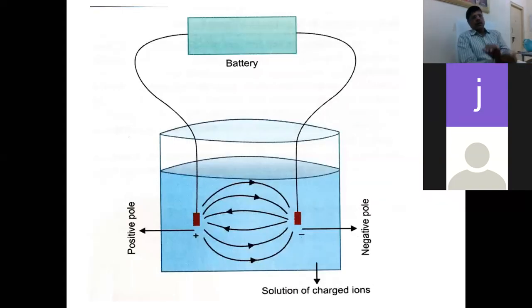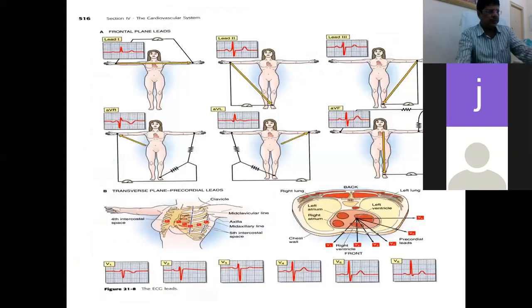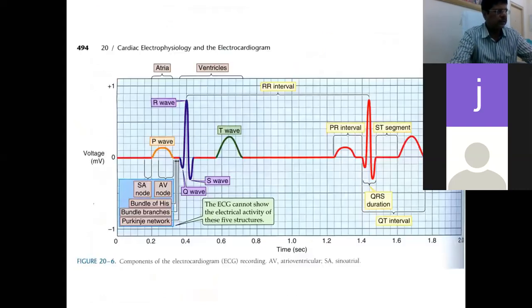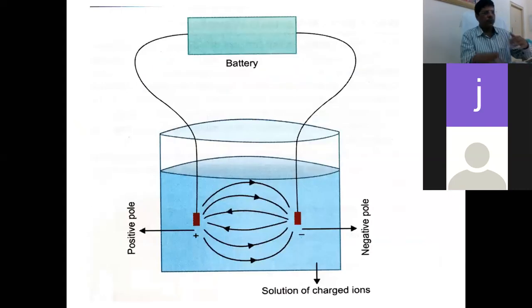Okay, now we'll try to understand the physiological basis of the ECG. Why do you get these waveforms? What is the reason for this electrical activity to be developing in the ECG? To understand the reason for the development of waves in the ECG, first you have to understand the concept of